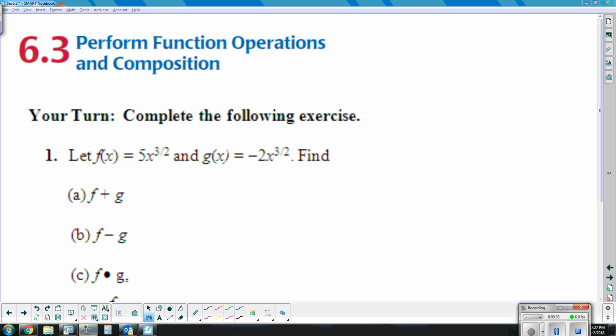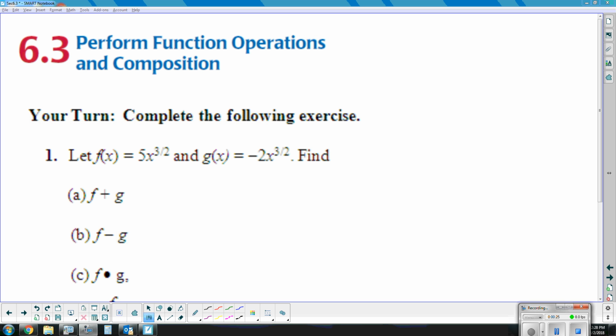Hi ladies, this is the solution to your 6.3 first your turn exercises. So this is example 1, your turn. So in this exercise, you're performing operations of functions and defining the domain of each of those